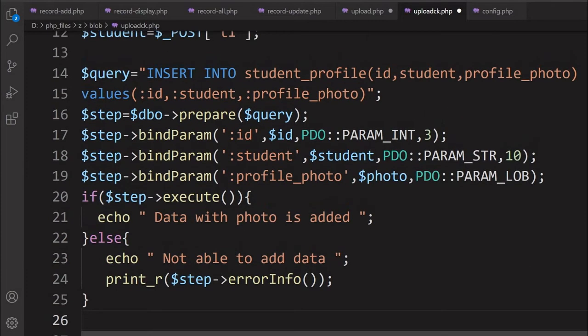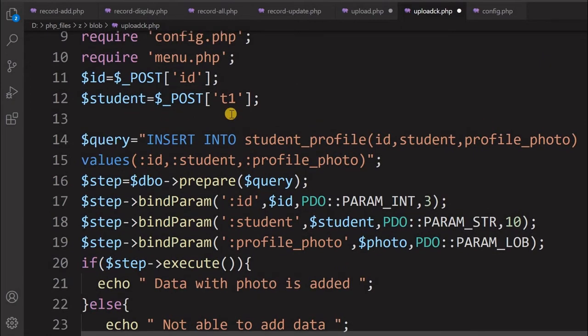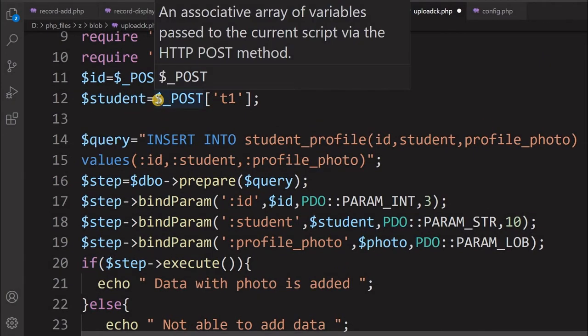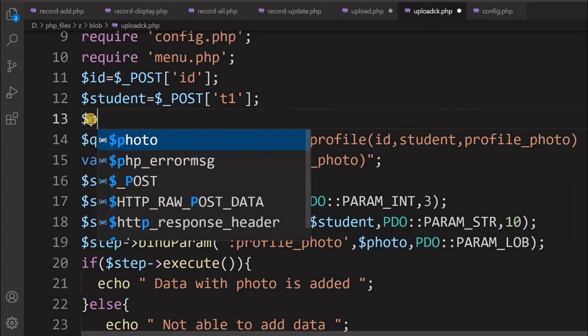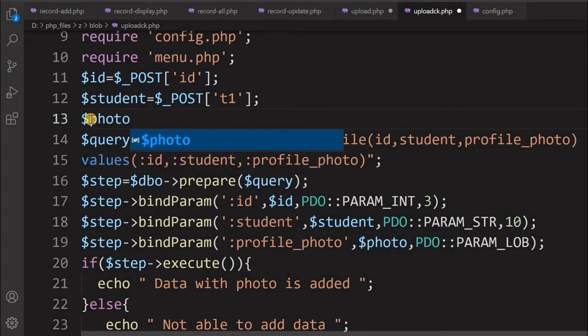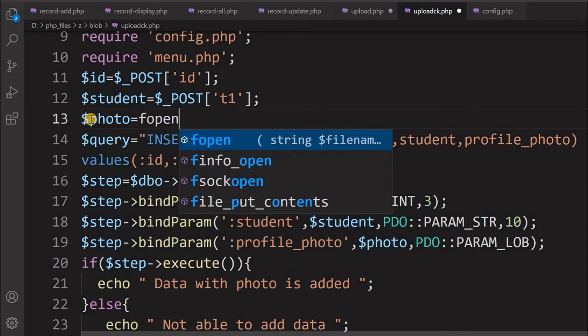You can see I need 3 things: ID, student name and the profile photo. I have the ID and student name, and the profile photo I will now collect. You see we have used the variable photo here, and this variable photo will be assigned here. Now this variable photo is equal to, in this case because we are uploading it, we'll say fopen.